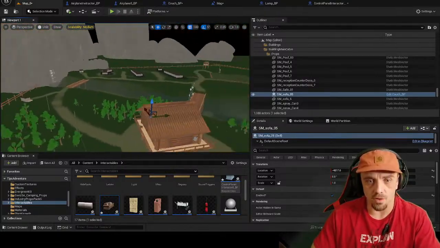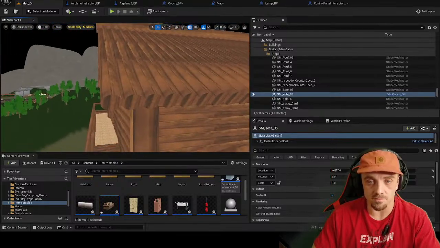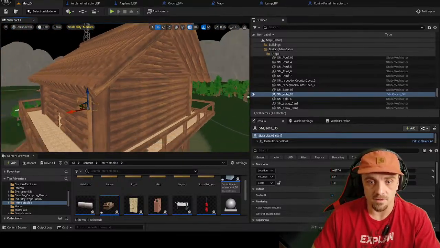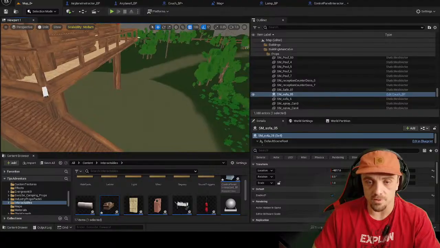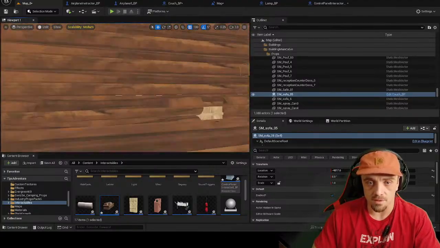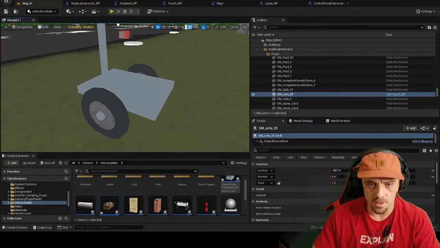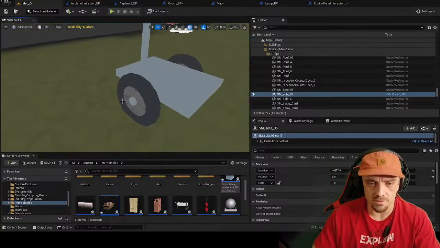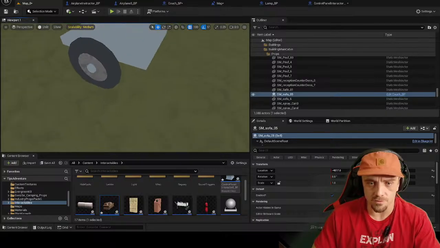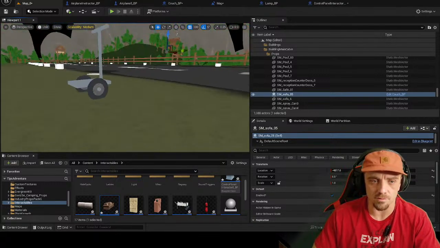This one's super small. But this cabin took quite a while to make. I just took a bunch of cylinders and stacked them up like this, and then I glued it all together using mesh merge. It's super easy to do that. I even made that Segway. If you go look over here, this Segway is just a cube that I flattened out, 2 cylinders, and then a torus, another cylinder right here that goes through for the axle, and then yeah, a torus is that donut shape for the tires, and then I just got discs right here for the rims,